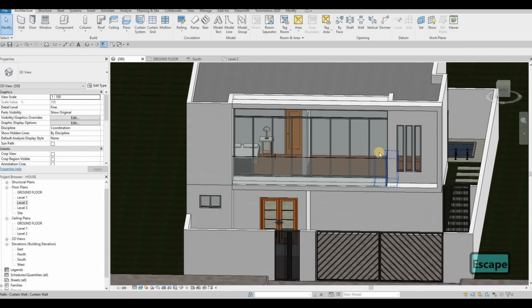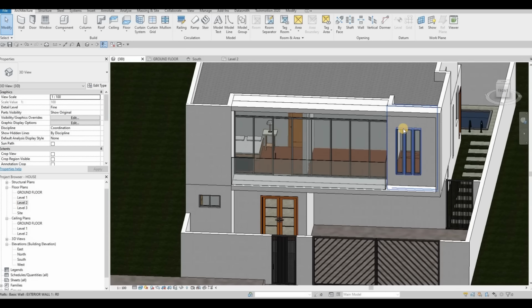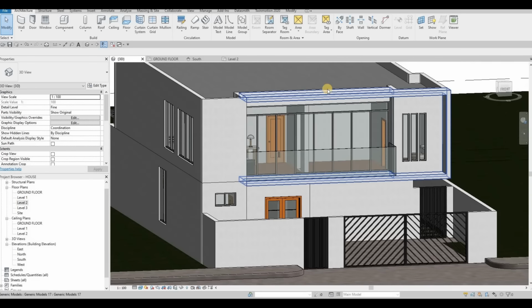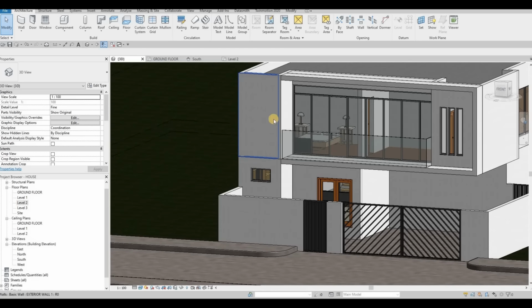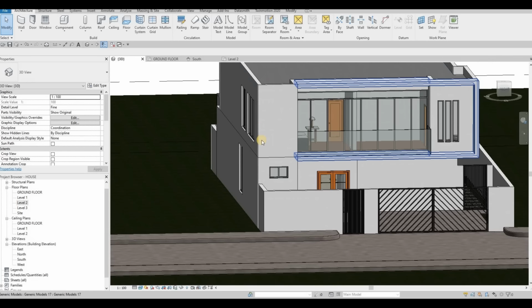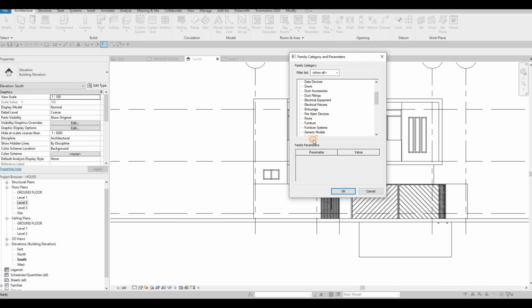And then here, what I'm gonna do is I'm going to add something right here. I'm also going to have something over here just to extend this one a little bit. So in south elevation, go to component, model in place, generic model,